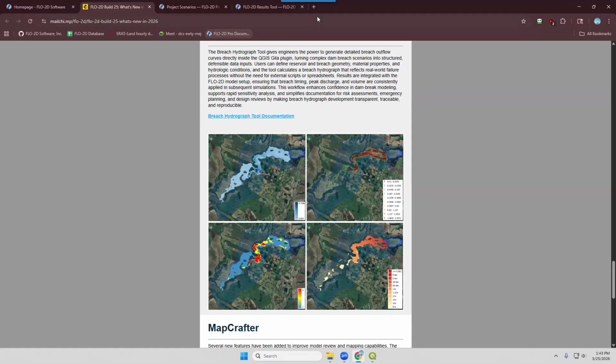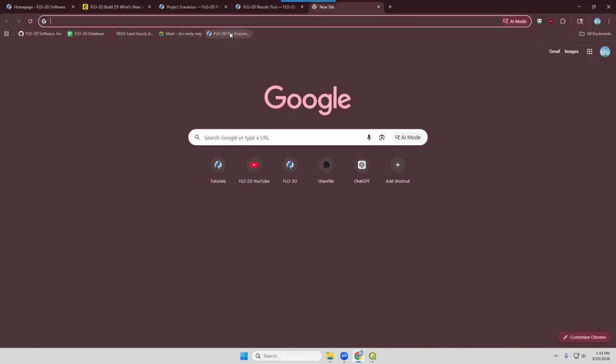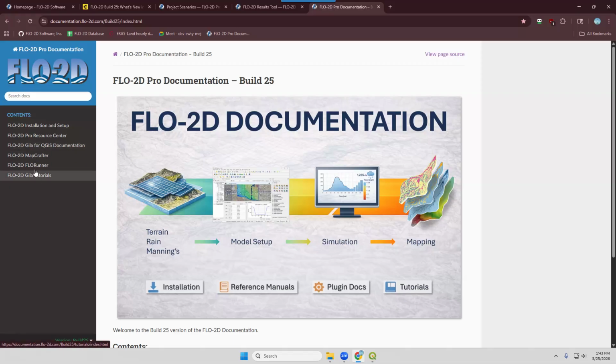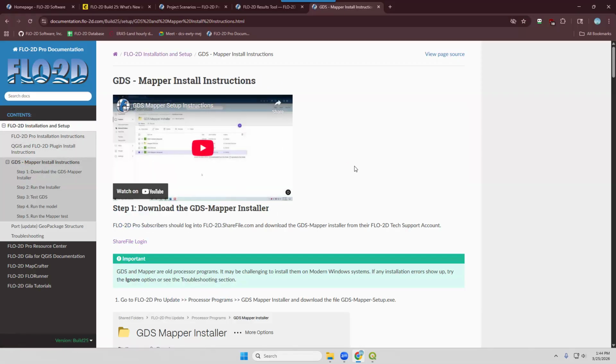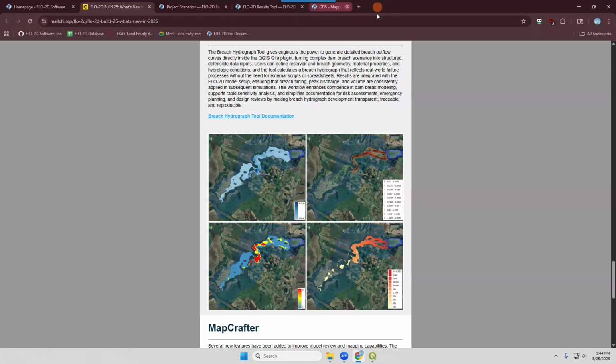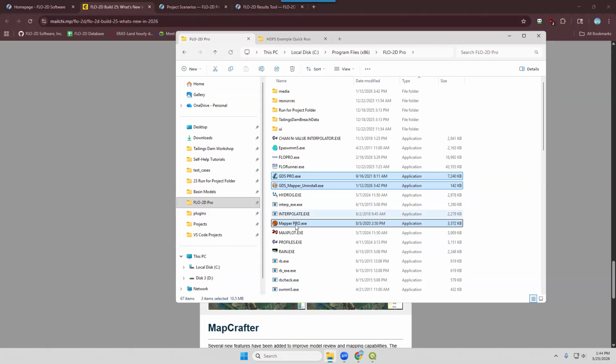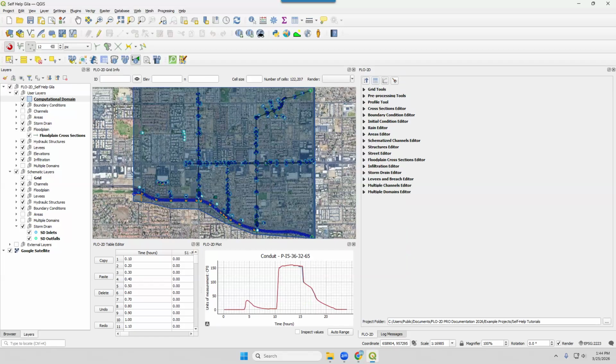If you want to install those separately, you come to the documentation and you go to installation and setup and you come to the GDS and Mapper section. It'll show you how to install those. Okay, but I have them because I ran that installer. But you get FLORunner. So if I go to QGIS and I do the run button and I run FLORunner,